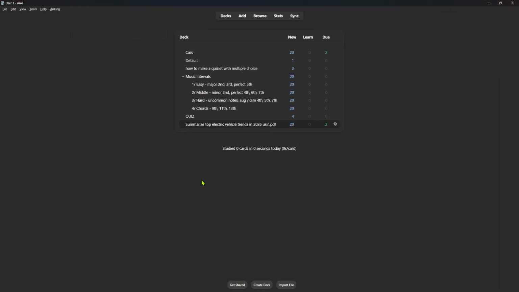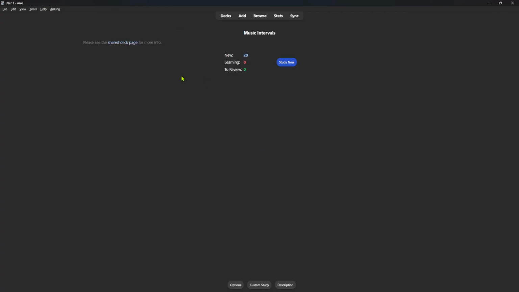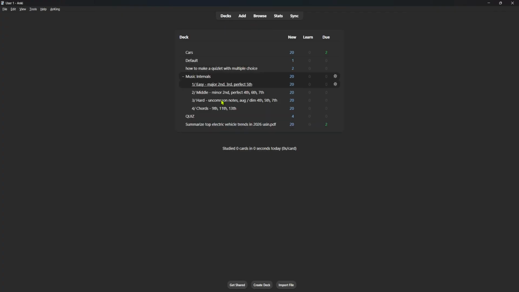All right, let me open up this. And yeah, you see here music intervals. We have it inside now. Okay, this one was basically really fast method, but also the second thing is also the fast method, but it just depends what you